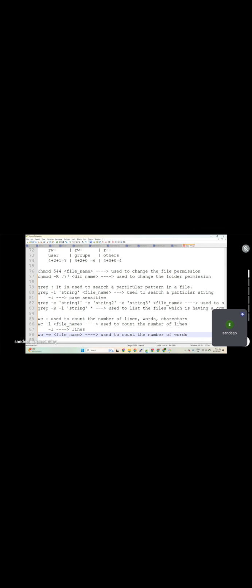Number of lines in a file, and similarly number of words in a file. W represents words. And similarly for wc